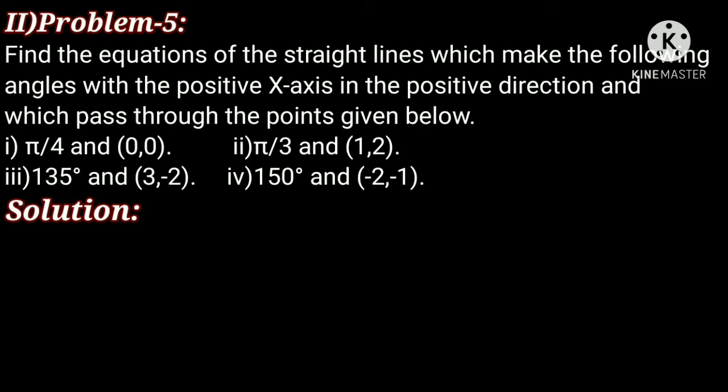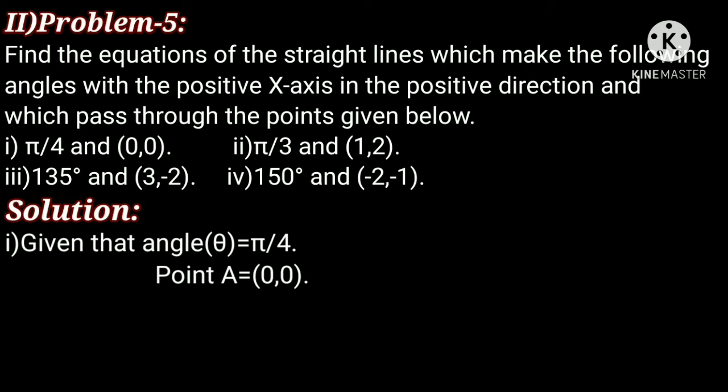We also know that by using the angle, we find the slope by using the formula m equal to tan theta. After finding the slope, we find the equation of the straight line by using the point-slope form. In the first problem, given that angle theta equal to pi by 4 and point A equal to